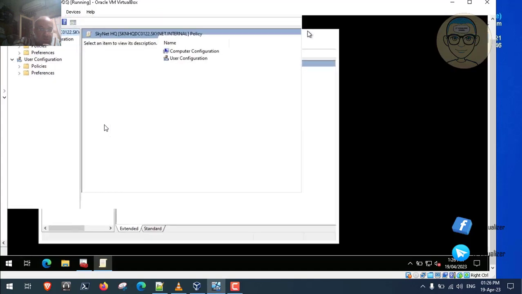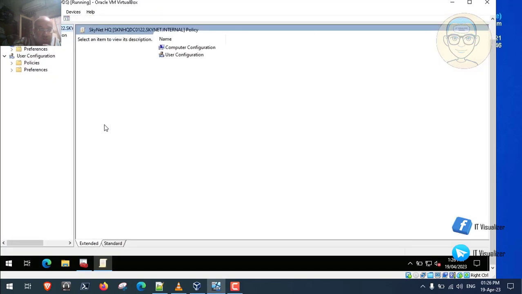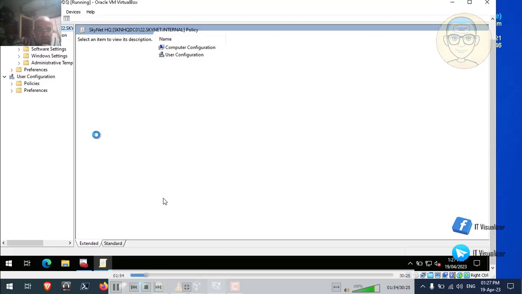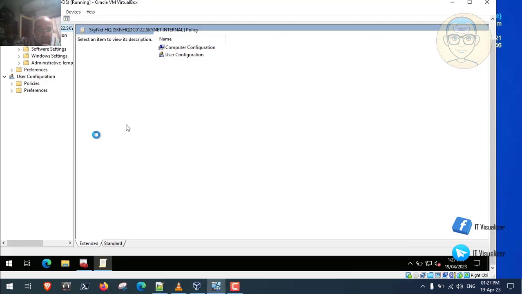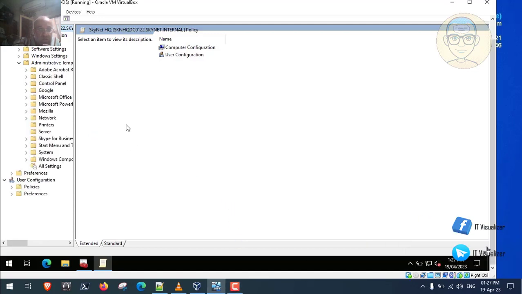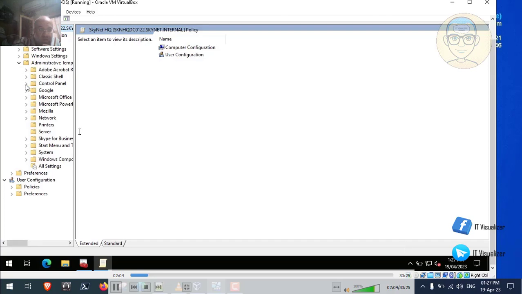Very simple. It is in the computer configuration. We need to open Policies and then Administrative Templates, and then go to the Control Panel as I remember. It will take some time. So we'll pause the video and then we will go to the Control Panel and then Personalization,